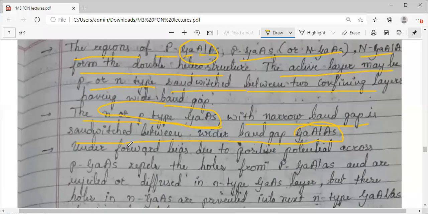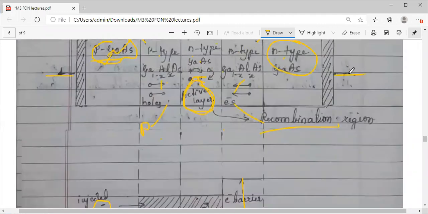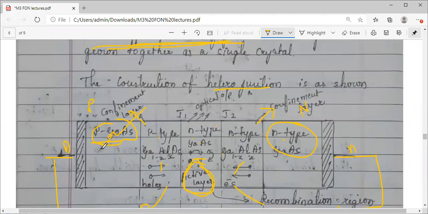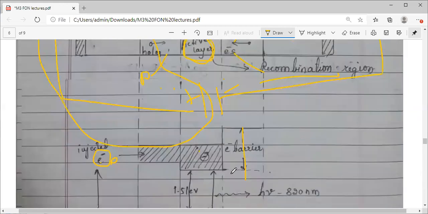Now, how it is working, that I have to understand. So under forward bias, what is going to happen? What is the meaning of forward bias? Here you can see the extended contacts. So I will connect a battery, plus minus, right? So you have P type, P is connected to positive, N is connected to negative. Because of this forward bias, they repel, right? Because the charges are of same type. So first I will explain about this positive side, what will happen.